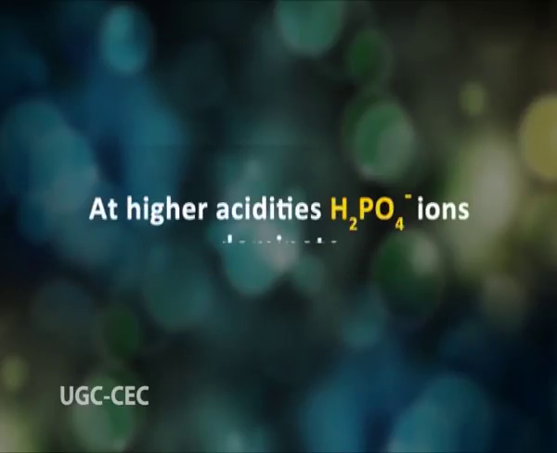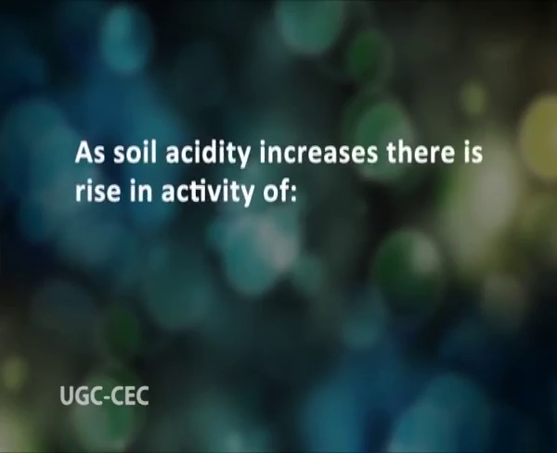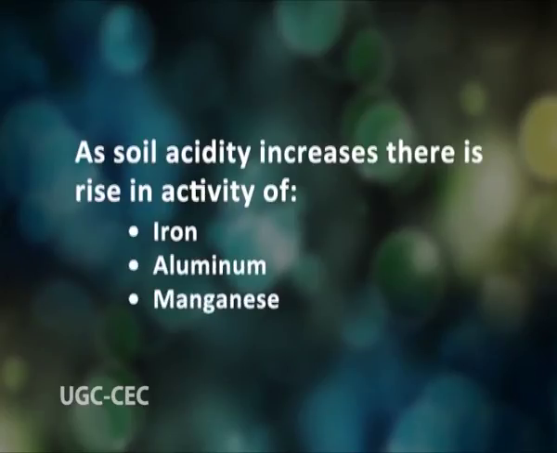At higher acidities, dihydrogen phosphate ions tend to dominate. Because of the formation of insoluble compounds, a soil reaction which yields a mixture of hydrogen phosphate and dihydrogen phosphate ions is usually preferred. As soil acidity increases, there is a rise in activity of iron, aluminum and manganese. And under such conditions, soluble phosphorus is fixed as very complex and insoluble compounds of these elements, especially when soil